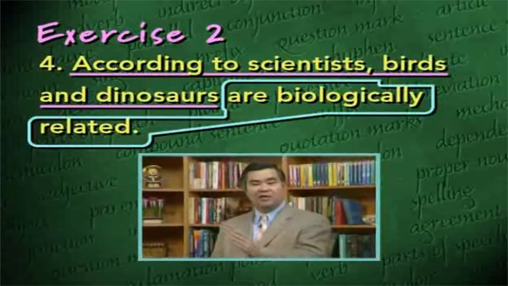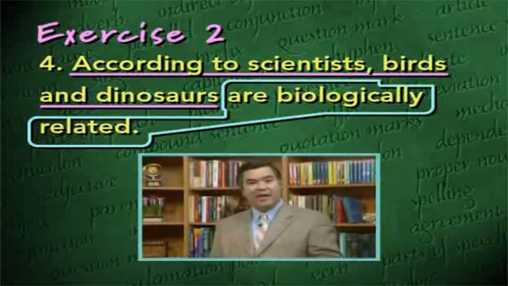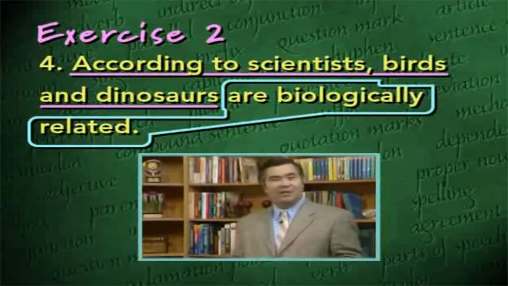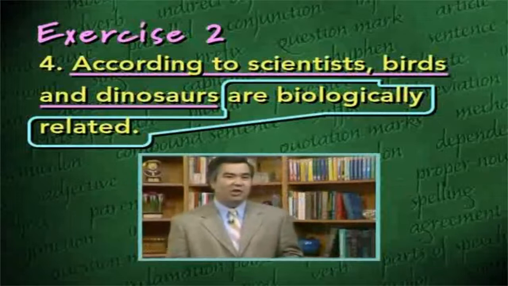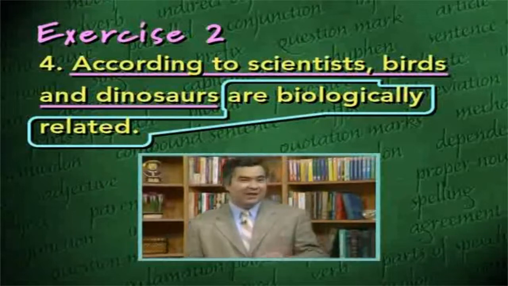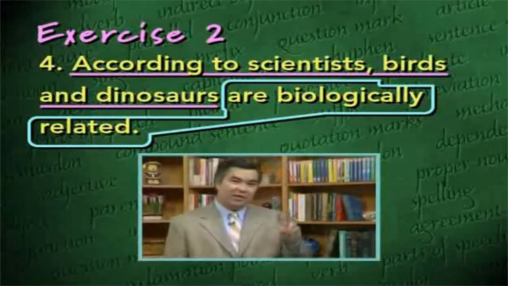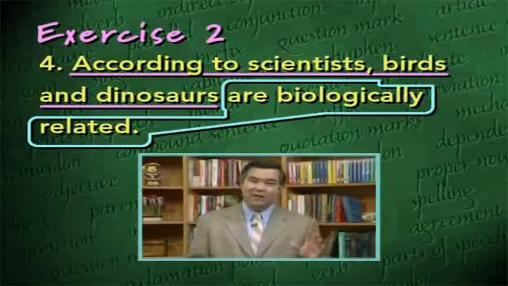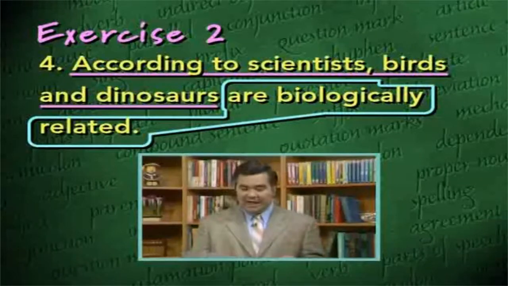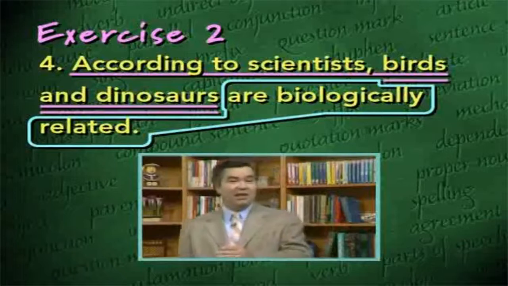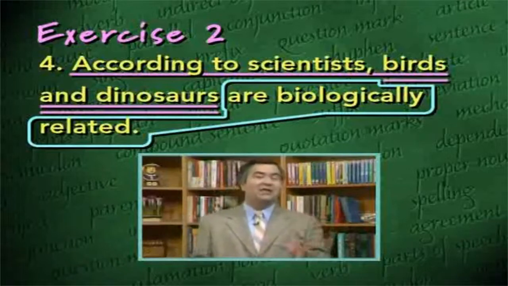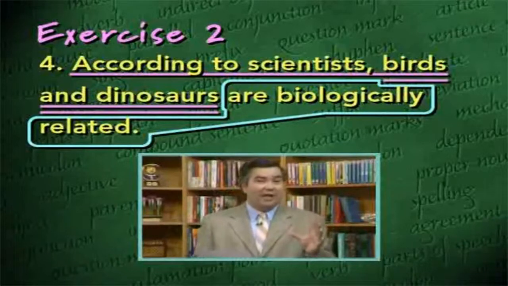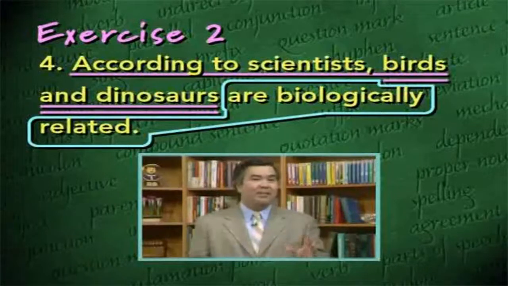Are biologically related. Now let's go back to the subject. What's the simple subject here? Do you notice anything unusual about it? In this case, we have a compound subject because there are two subjects, both equally important, connected by the word and. Birds and dinosaurs. So those two words together with the word and connecting them make up the simple subject